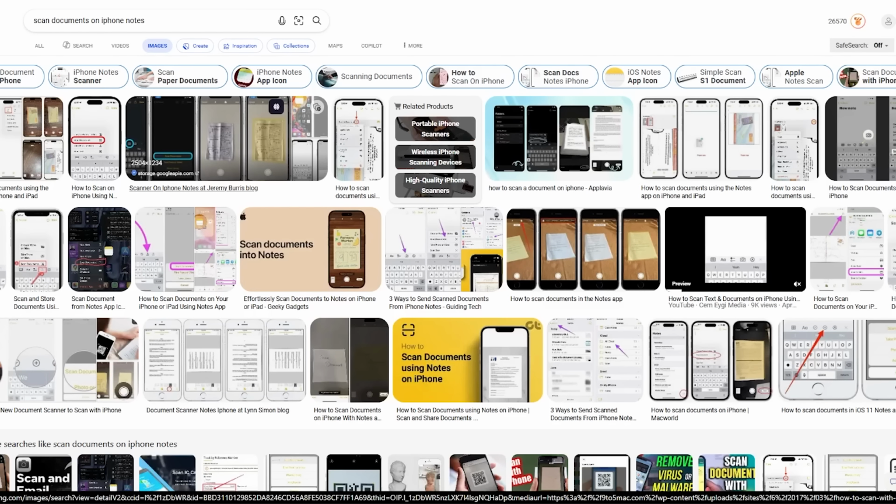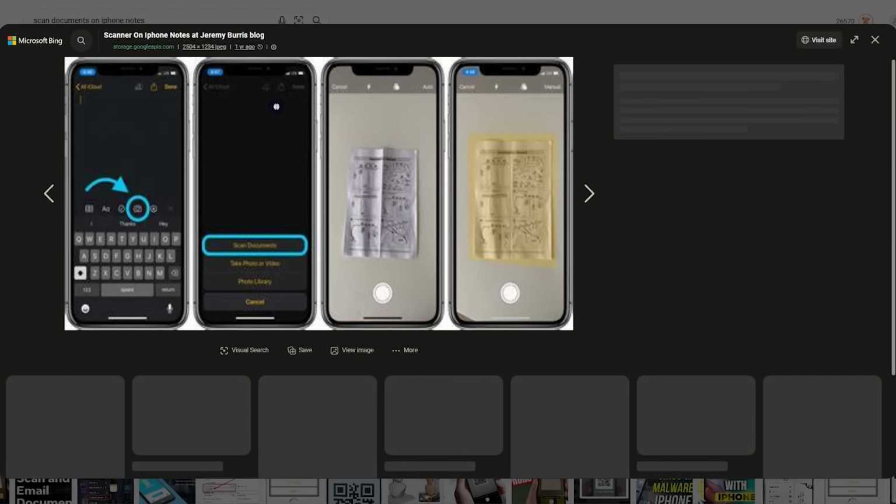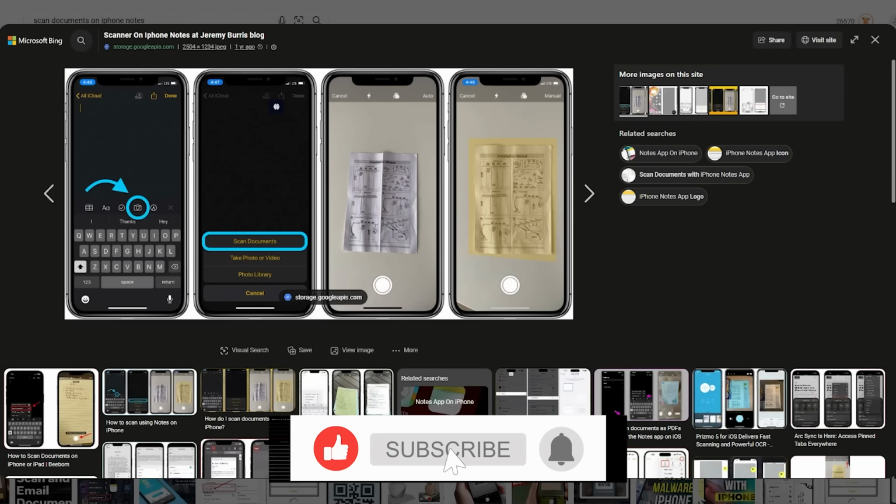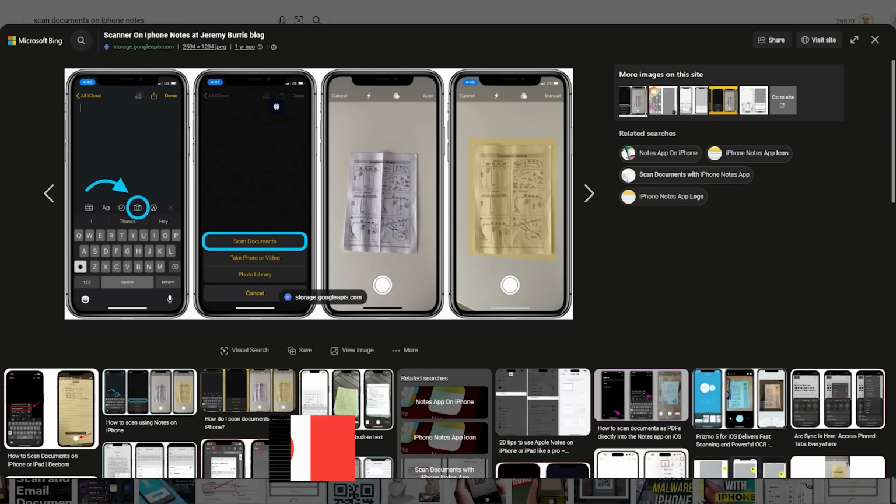Now, after scanning, you can actually go ahead and edit the document directly inside of the Notes app. This includes things like cropping, rotating, reordering pages, and adjusting color filters. You can also go ahead and choose between different types of things like color mode, black and white, grayscale, photo mode. Black and white usually works best for contracts, homework, printed documents because it improves readability and reduces the file